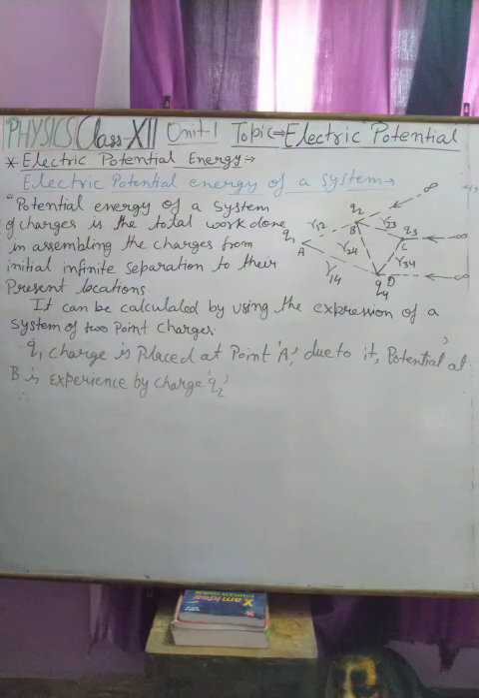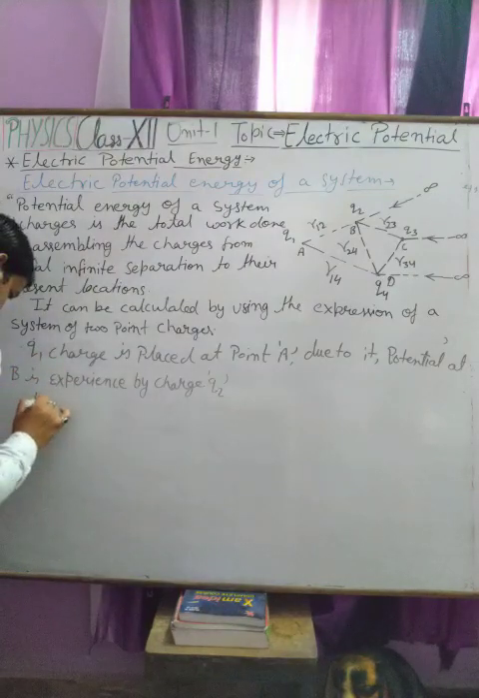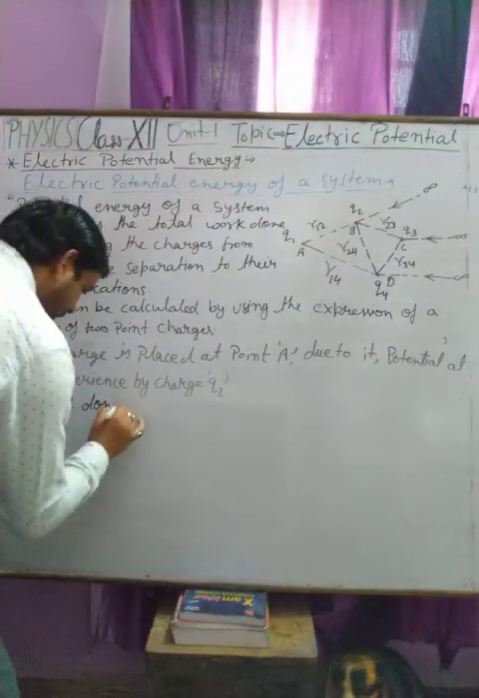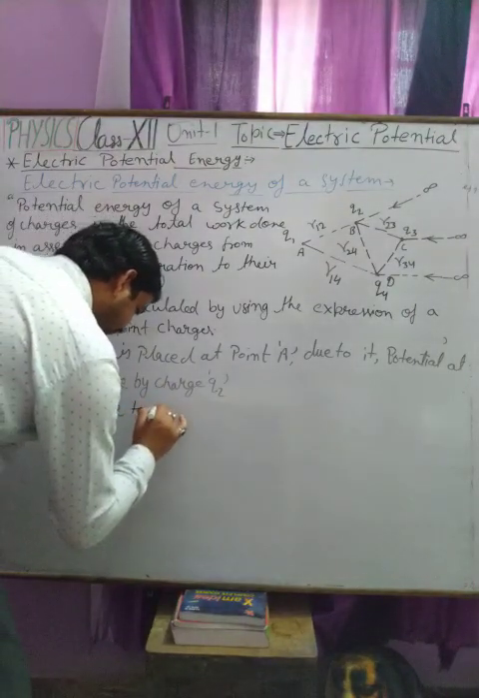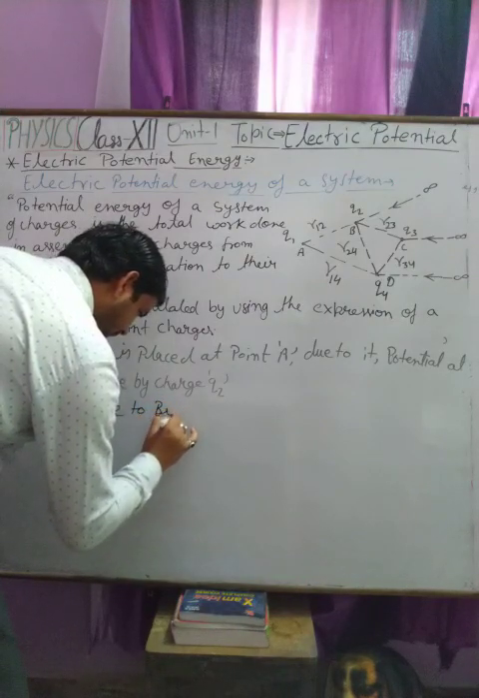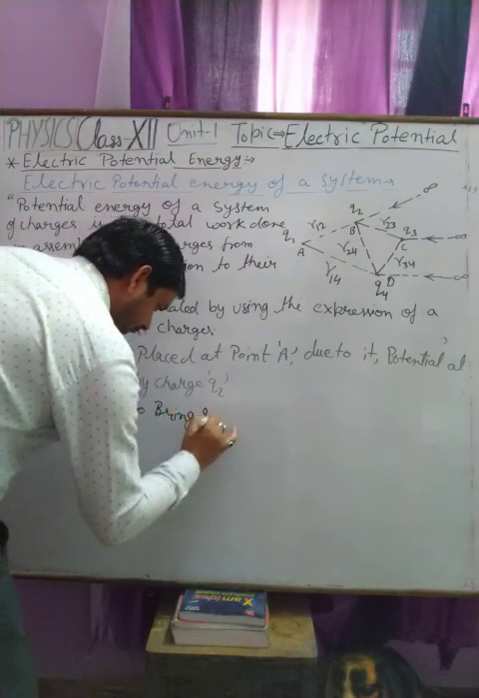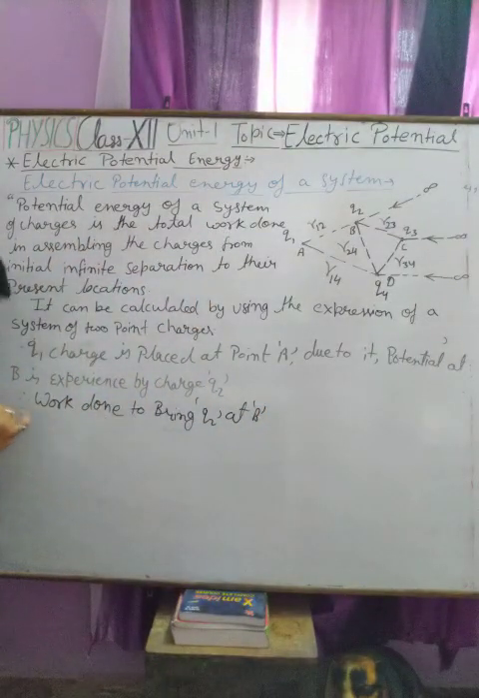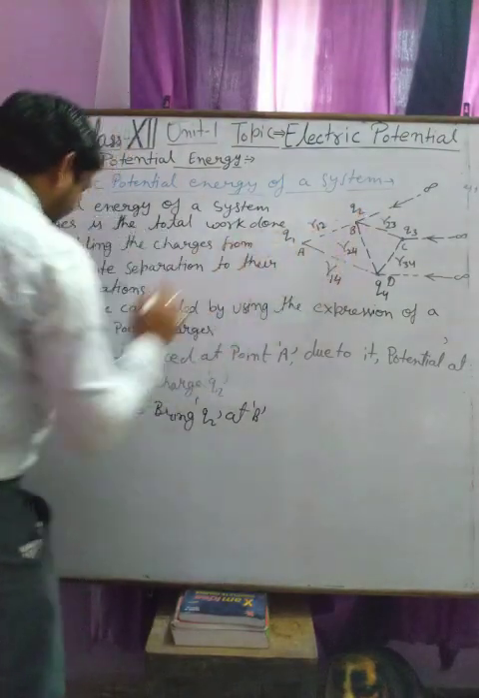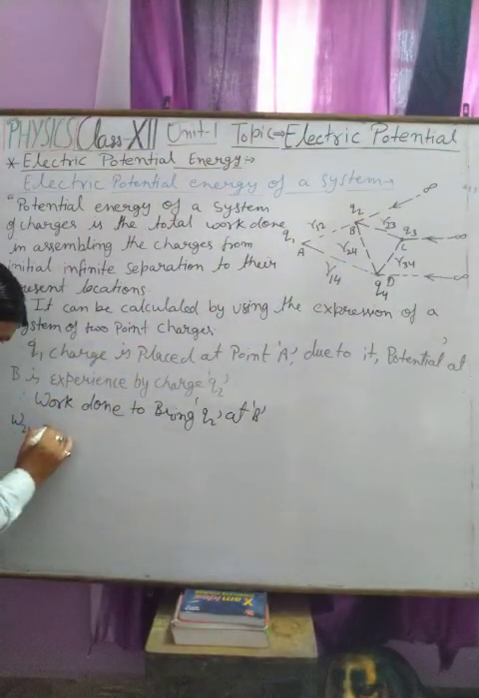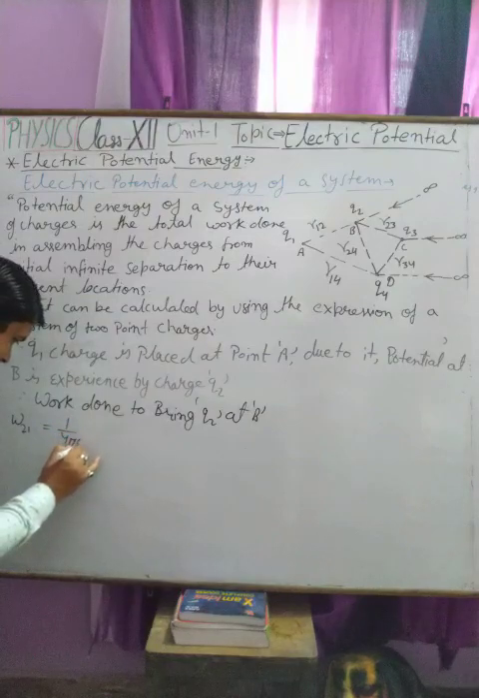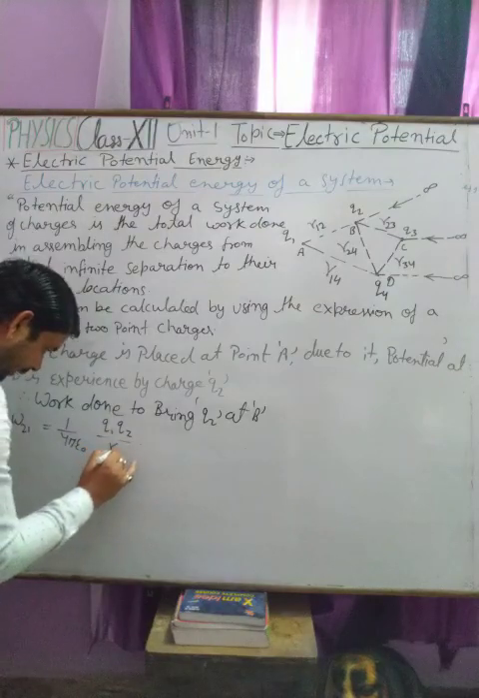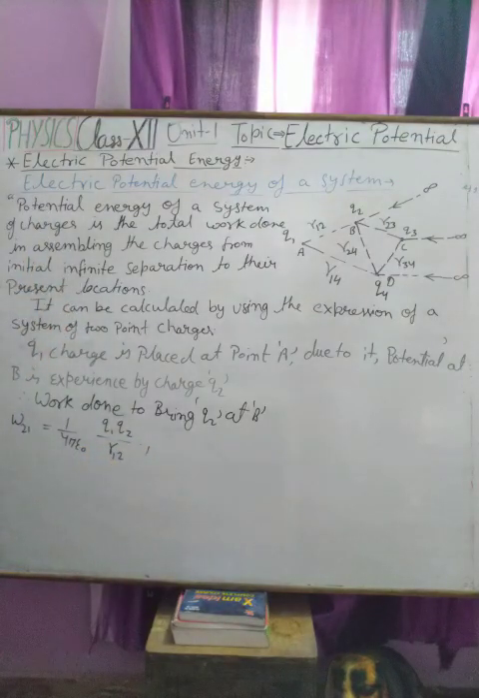Therefore, the work done to bring q2 at B is again the same. W21 is 1 upon 4 pi epsilon naught q1 q2 upon r12. Similarly,